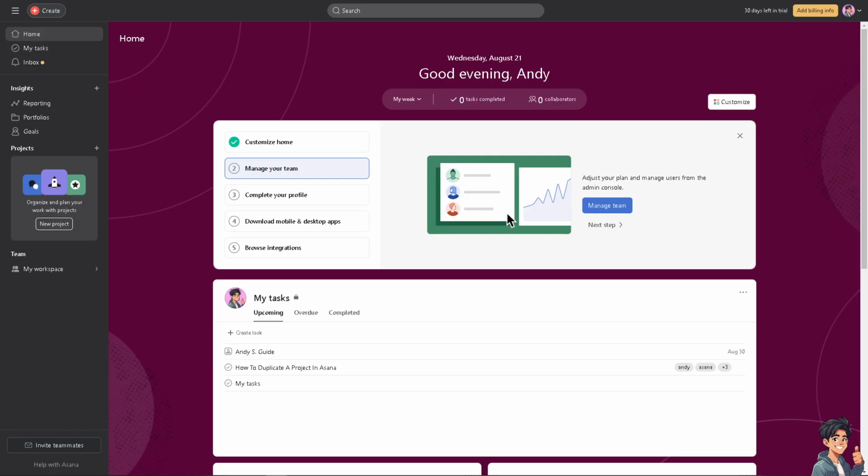Duplicating a project in Asana is a useful feature for creating a new project based on an existing one, especially if the structure and tasks are similar. Now, in my case, I'm going to open a specific project in this dashboard. I'm going to click on this one. And then now I need you to go to your home page and look for the project that you wanted